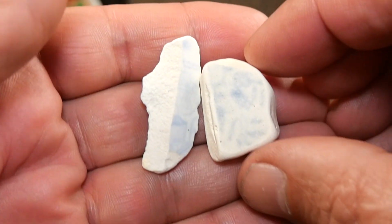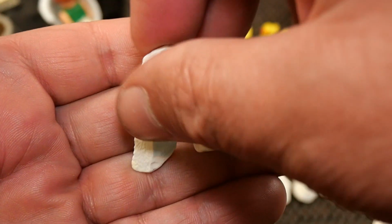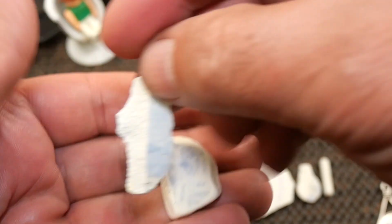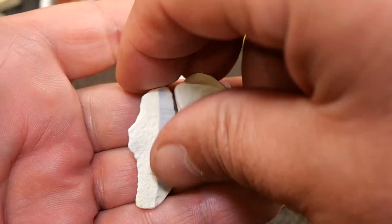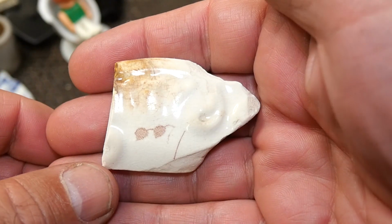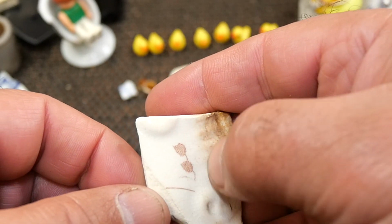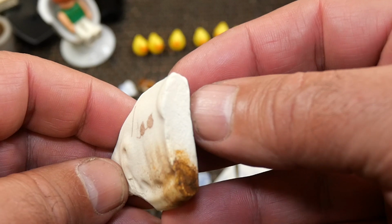And 2 bits. That looks to be Asiatic. That, I'm not sure. Could even be a very faint willow. But, yeah. And that bit with the embossing on. Just 2 little leaves there. Might just cut them out sometime. But